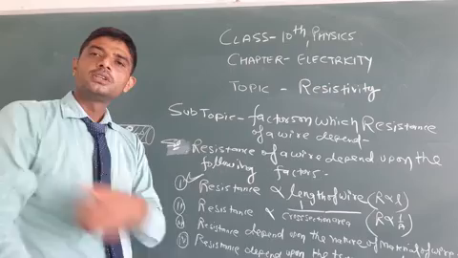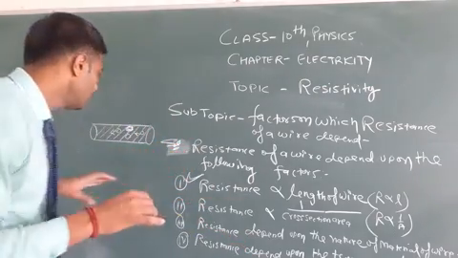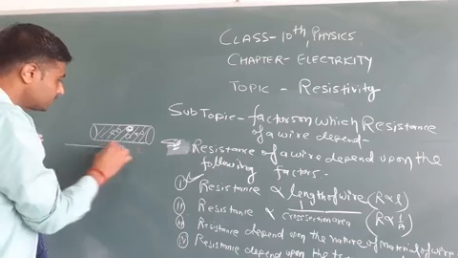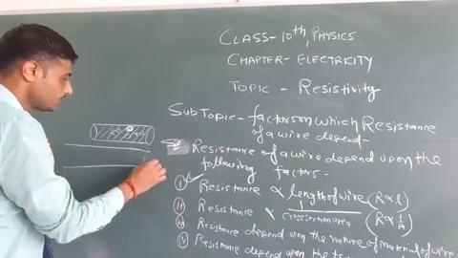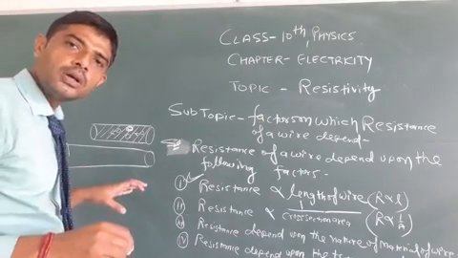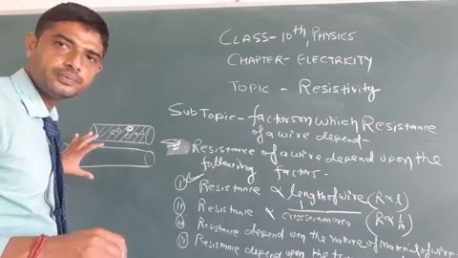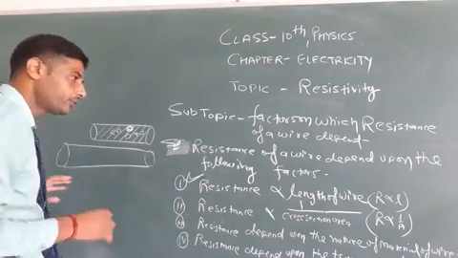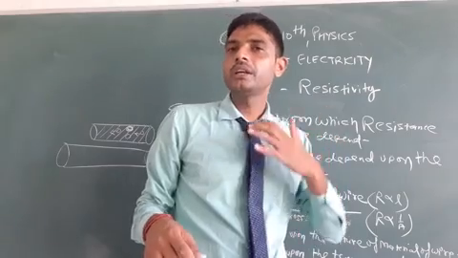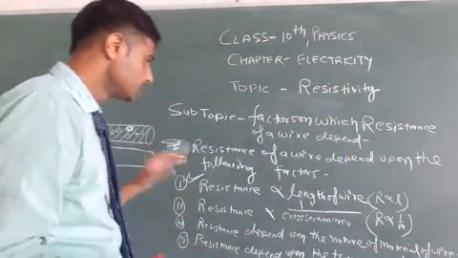Resistance force will behave as a friction force, so there is a loss of energy when an electron has to travel a distance. If this distance increases, it is obvious that resistance will increase. So I hope you understood. The resistance of a wire increases with length. Now the second factor,